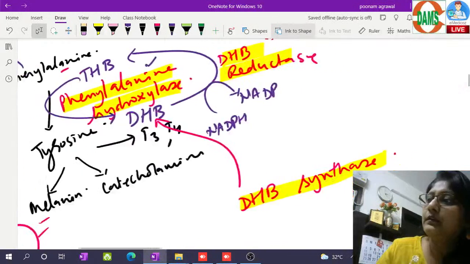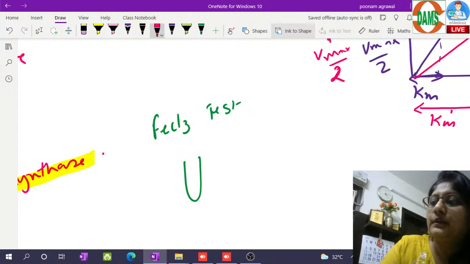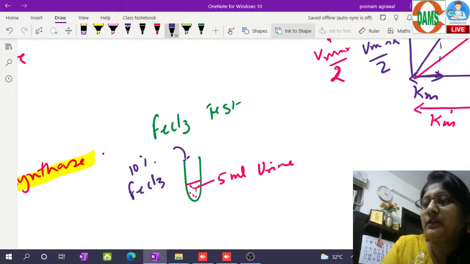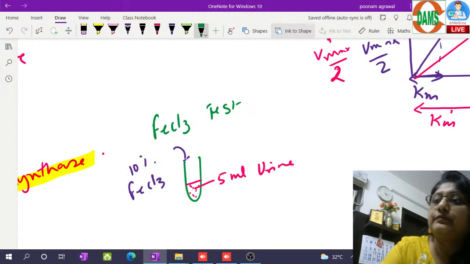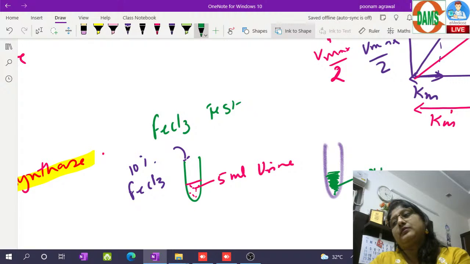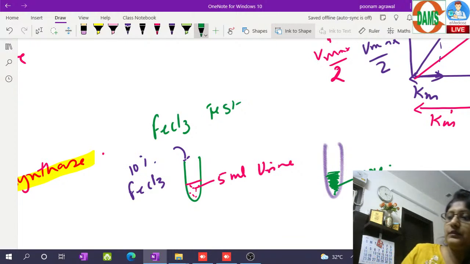For the screening, the test which is done is the ferric chloride test, which is a very easy test, wherein in a test tube 5 ml of the patient's urine, baby urine, is taken, and a few drops of ferric chloride are added. Say, for example, 5 drops of 10% ferric chloride is added, and it's shaken. And if the test tube shows you a leafy green color, that denotes a positive ferric chloride test, which is a screening test,